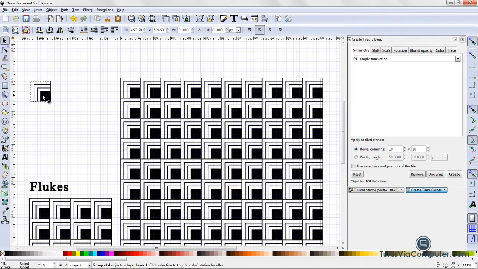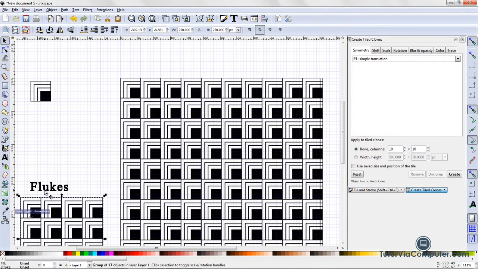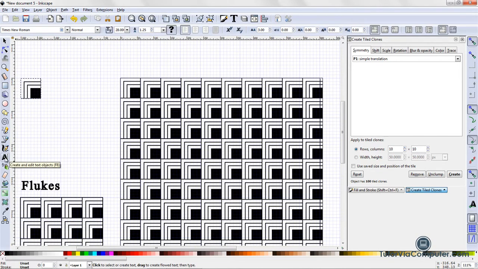I'm going to bring this here. I just want to keep this neat, so I'm going to make this flush with this major grid line. Make this flush with the major grid line, and also make this flush with the major grid line. Then I'm going to come here and select my text tool, and I'm going to label this one